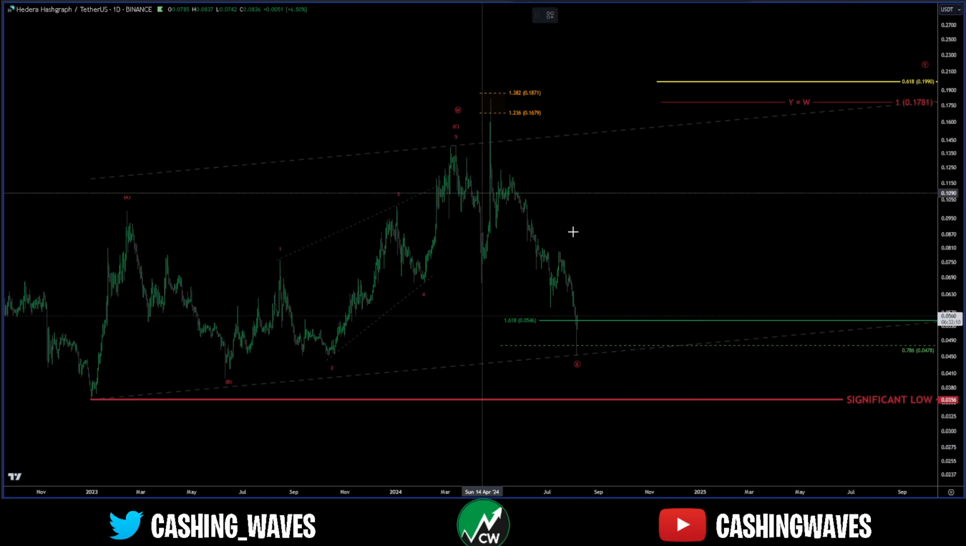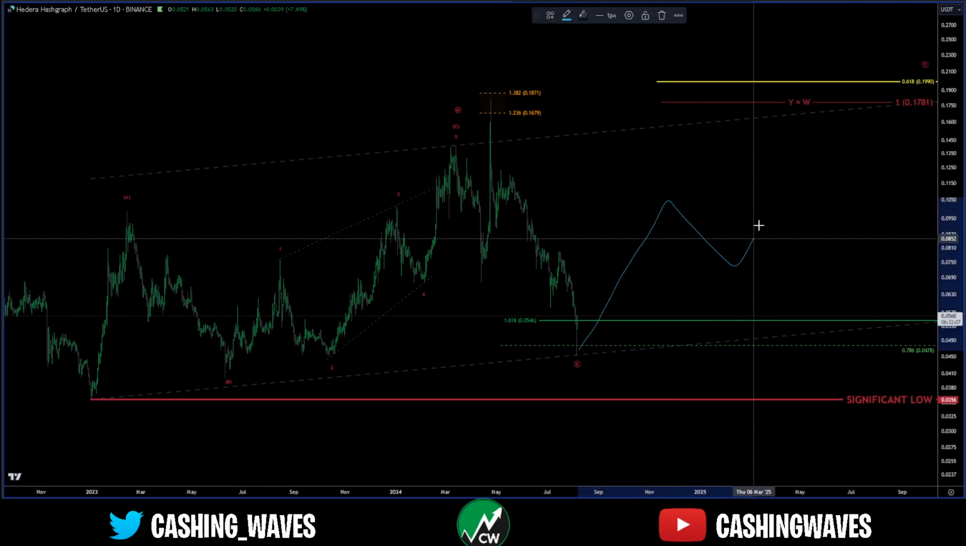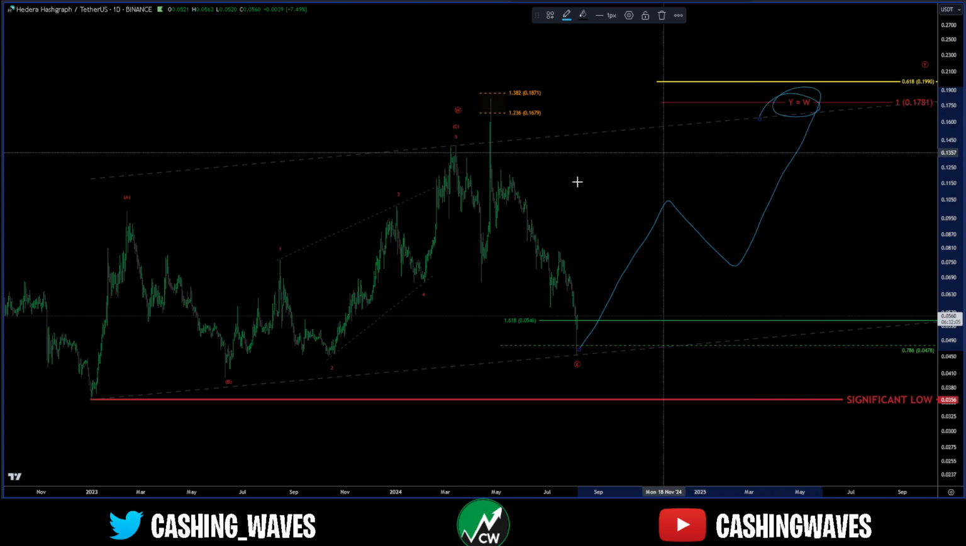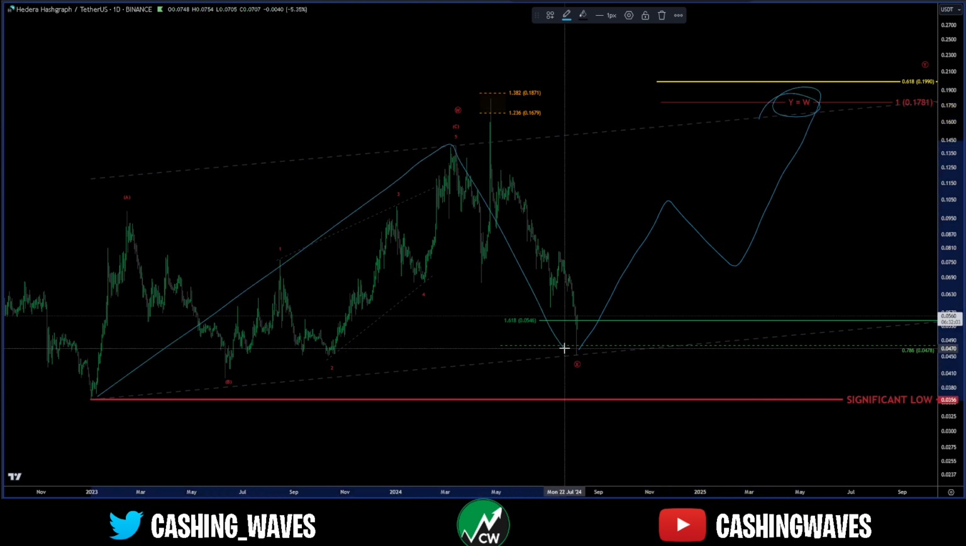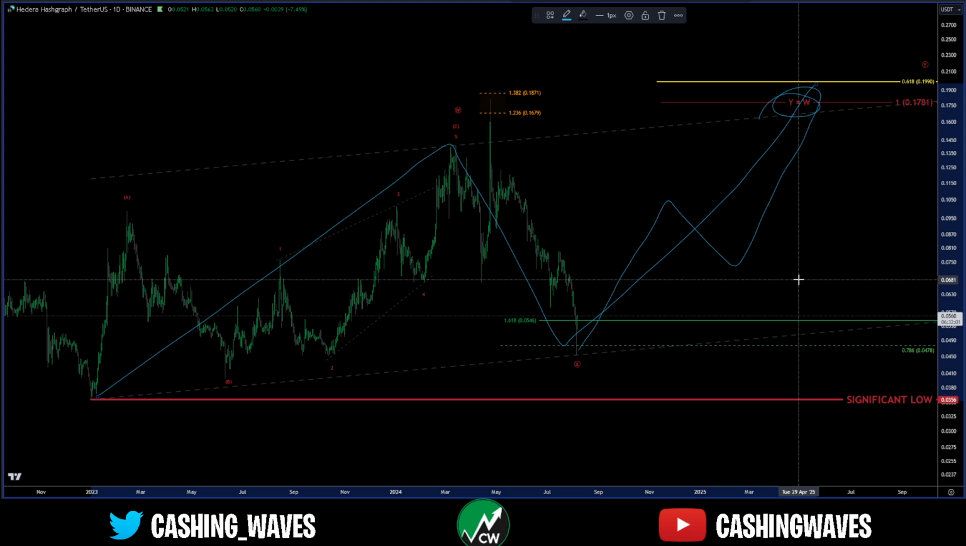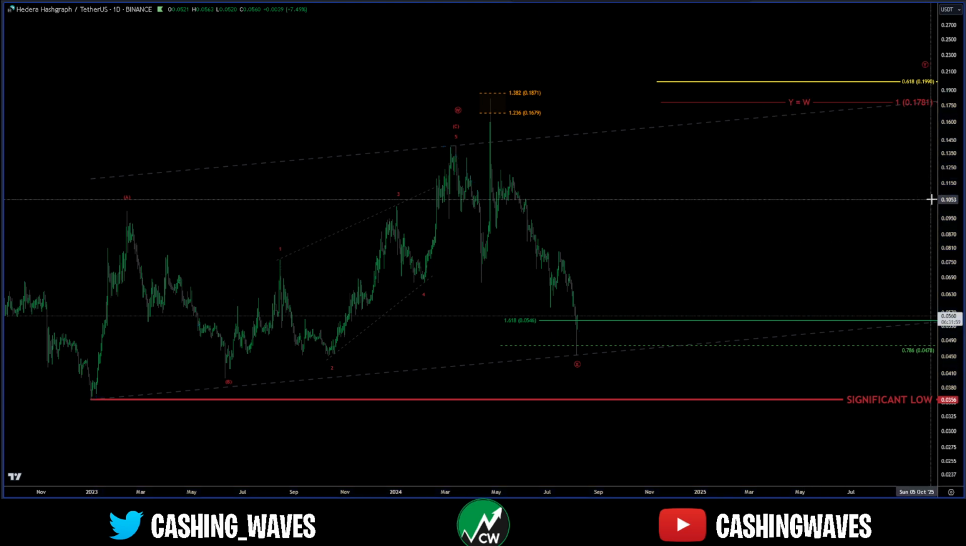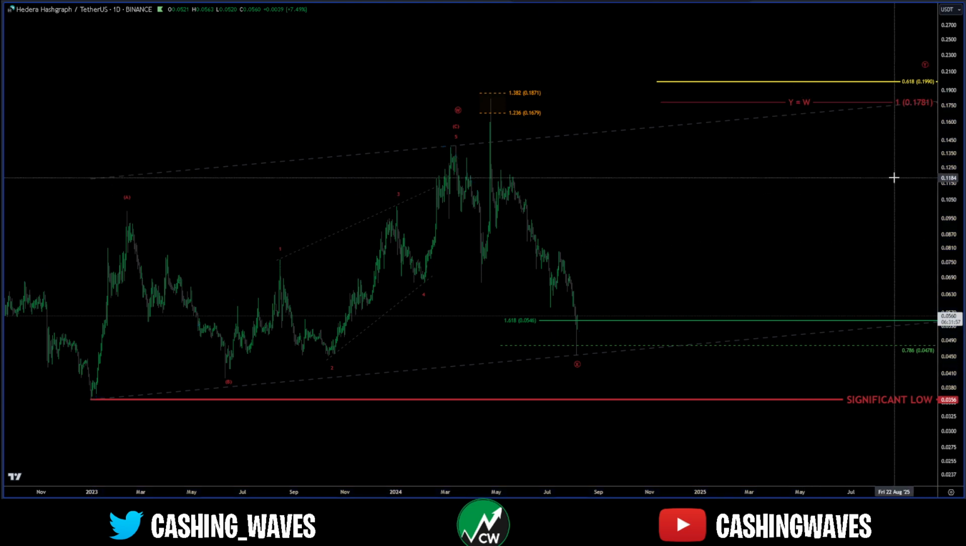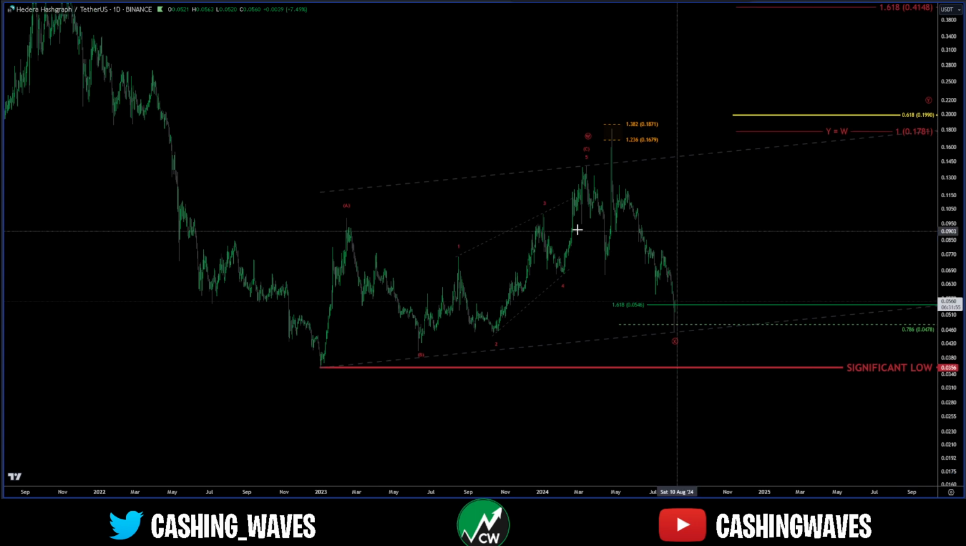And our first target is the 1-to-1 extension where W will equal Y. W, X, Y. That target's at 17.81 cents. Now, if we end up doing something more impulsive,